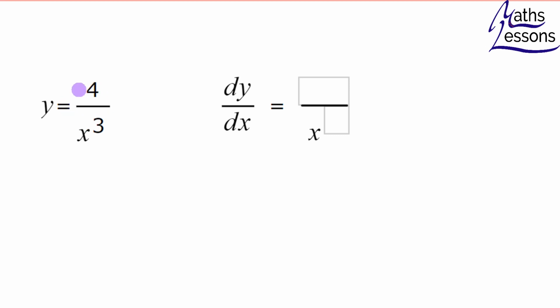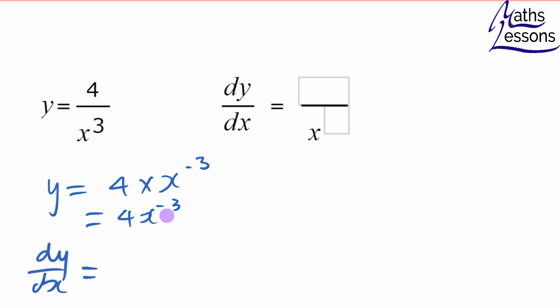Now, before we do this, for some students it's not very easy to do this as it stands. So what we do is turn this into a negative power. So remember, this is the same as y equals 4 times x to the minus 3, which is 4x to the minus 3. And then we can times by the power, take 1 off the power to get our rule. So times by the power